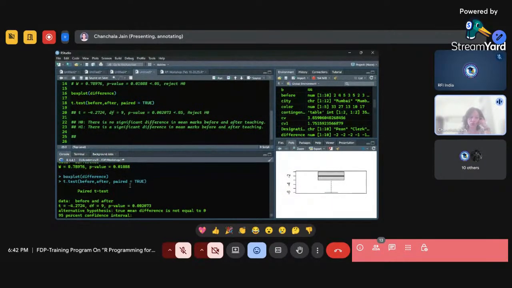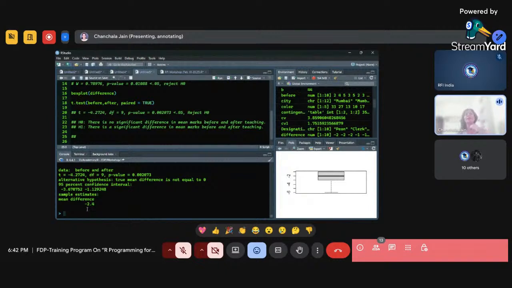Okay, so it is showing you the mean difference. The mean difference is negative, so what we have passed is before minus after. That means the before mean is less than the after mean, right? That means we can say after teaching, the mean score has increased, right? So we can say that teaching is effective,